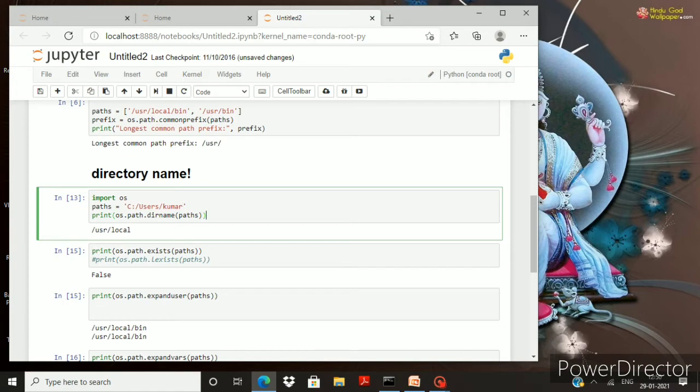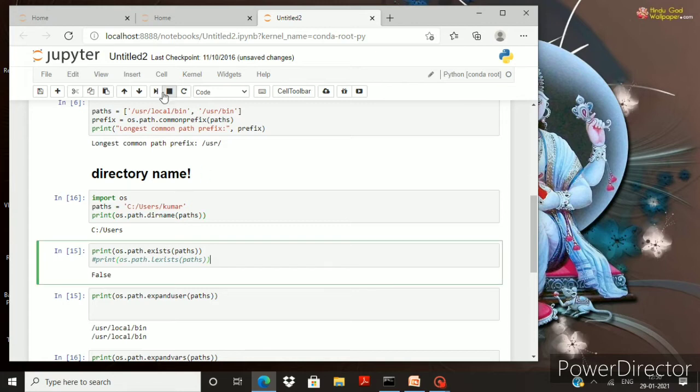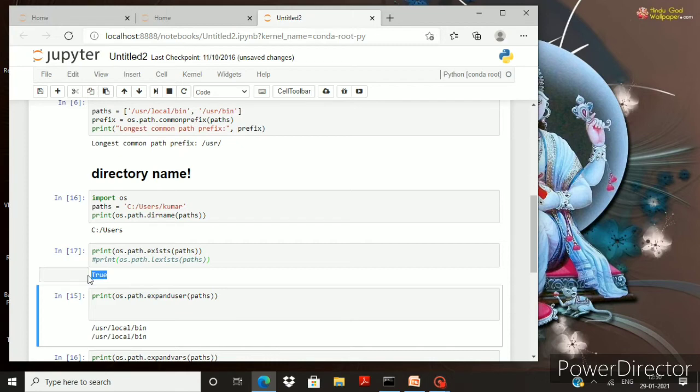So what will be the value? We can check. Yes, it is written as true because this path is inside my computer, inside my PC. So it will return true. If such a path does not exist, then it will return false.